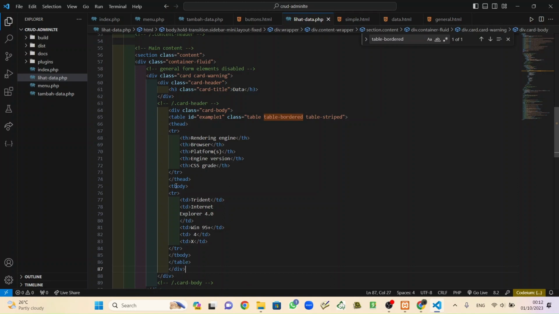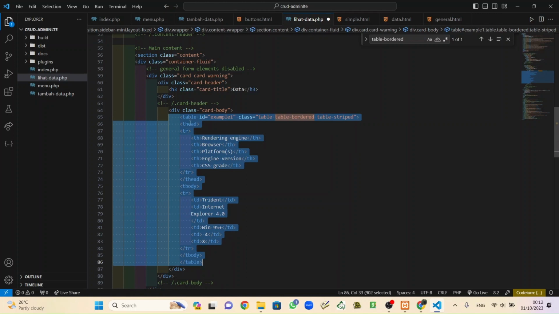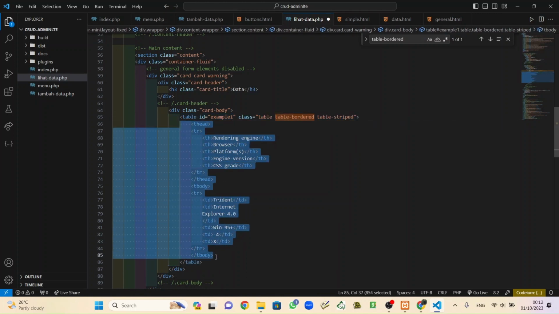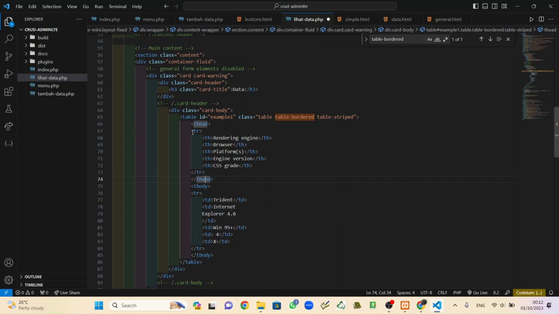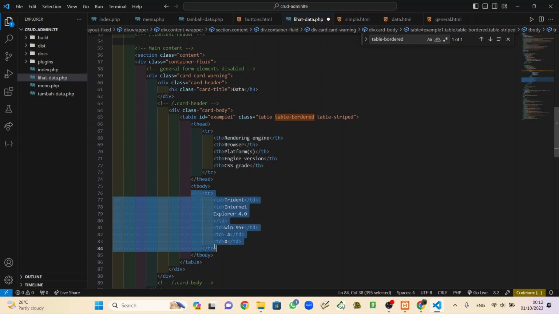Save and put the tab for them, and also inside for this, and also for tr, and also for this.